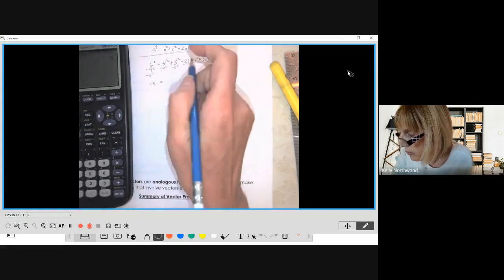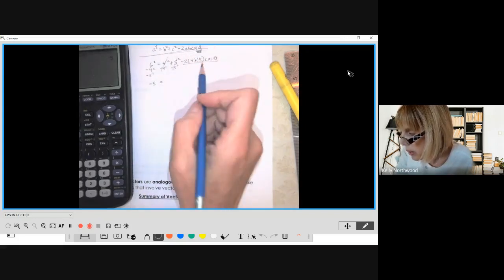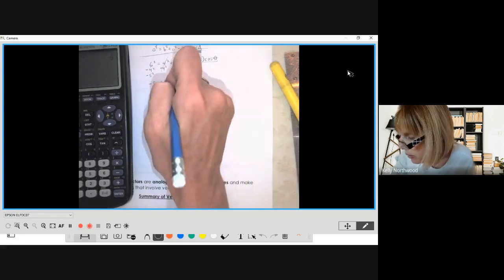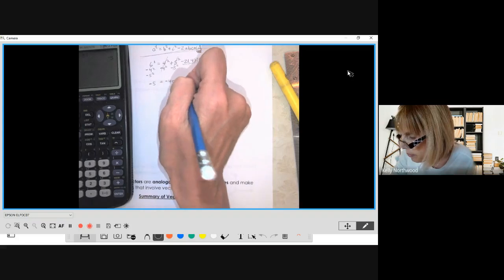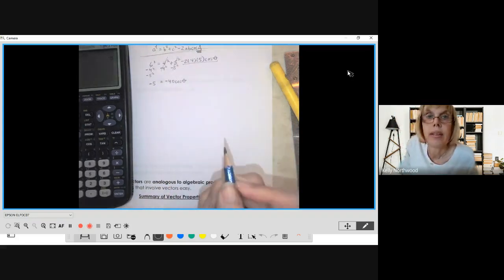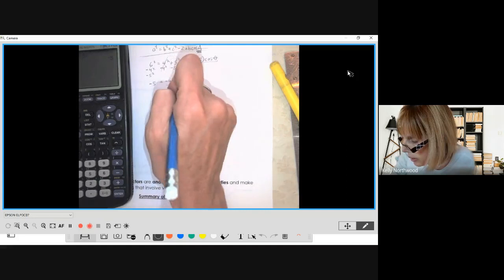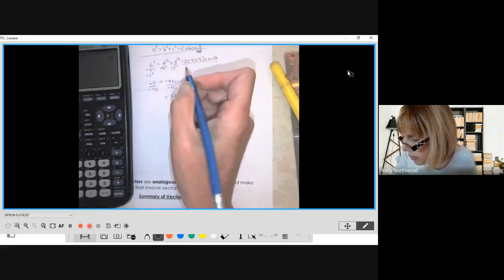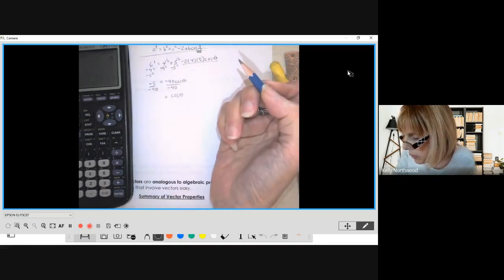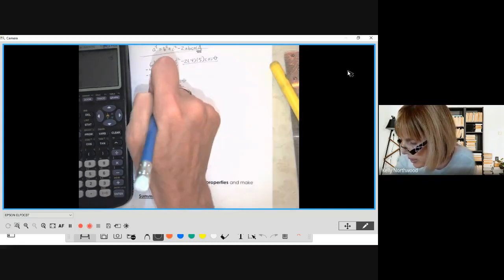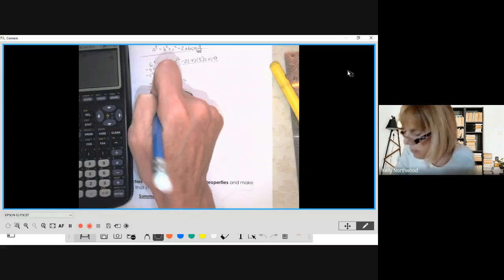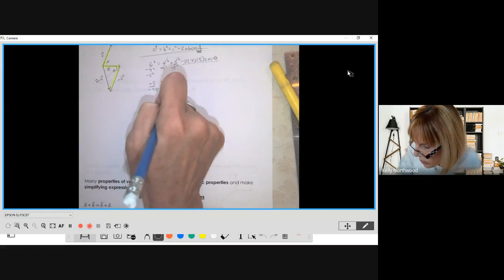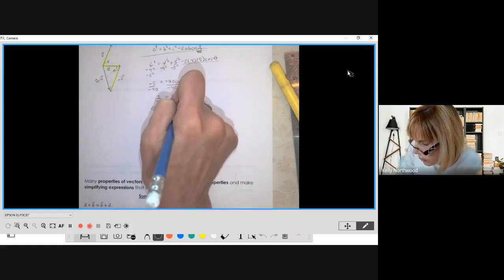And then here, so these terms are gone. I'm going to multiply negative 2 times 4 times 5. So that's going to be negative 40 cos theta. Divide both sides by negative 40. So I know the negatives cancel out. Even the 5 over 40 I could reduce to 1 over 8. It's not necessary that you do that, but you can for sure if you want to. So theta is going to be the cos inverse of 5 over 40,